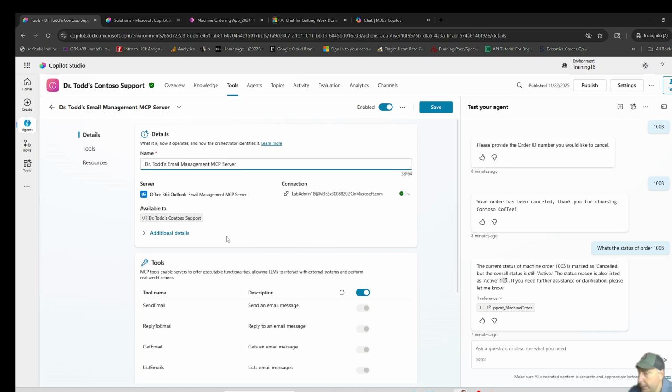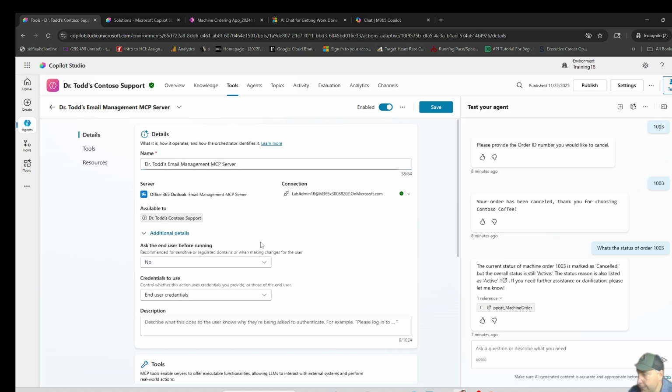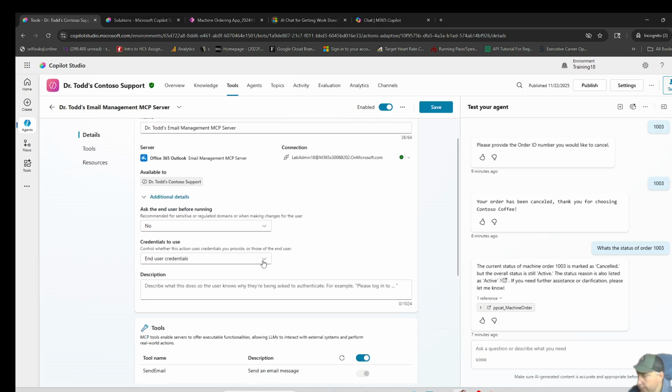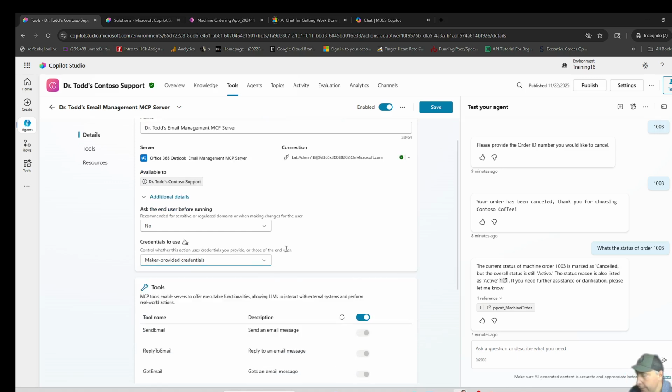Okay. Additional details, we want to confirm which credentials to use. We want not the end user's credentials, we want the maker provided credentials. That means the person who created this, the credentials they put into it are what should be used, not the individual user who's running this. It's got to run autonomously, right? So we're not going to prompt the user for an actual